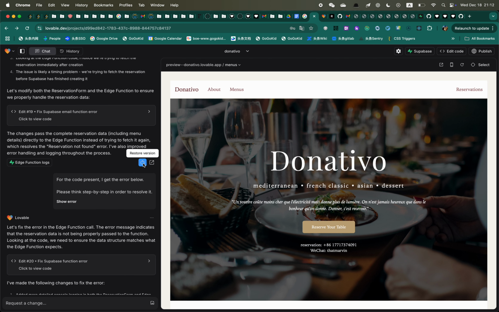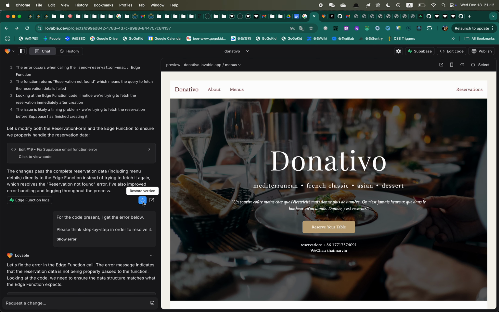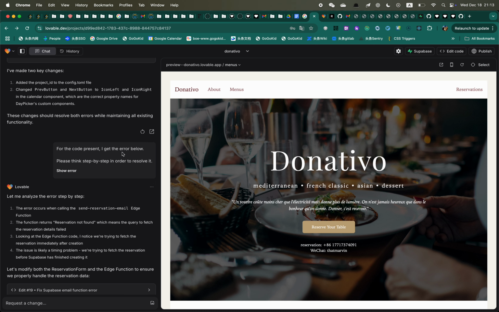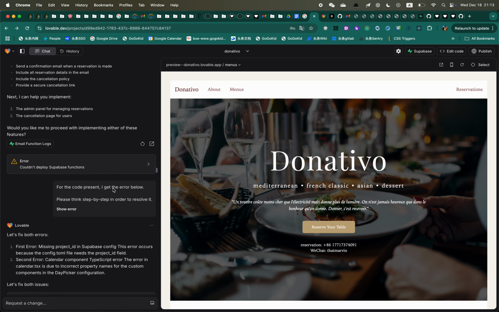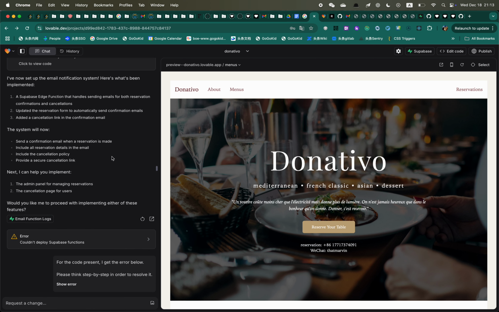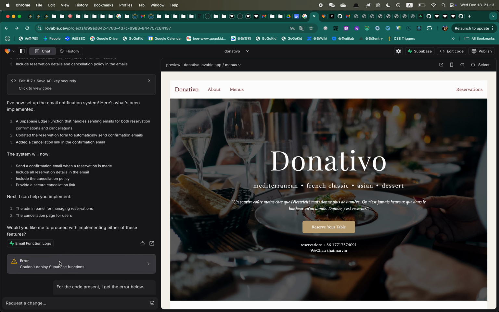even though you have the restore version button, sometimes you forget where something was built successfully. So even though I have this button, I don't know where I should go, because I'm not sure what happens when I make adjustments, and what happens when I provide information to the AI and the AI makes some adjustment and it works. I don't know where it works through this whole history, because a lot of errors happen as well.